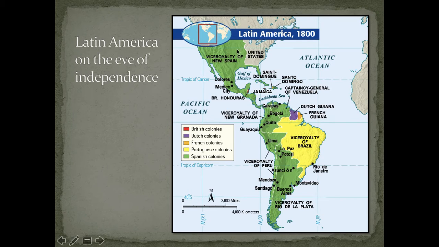And then by the later 1700s as well, two more viceroyalties were created: the viceroyalty of New Granada here in northern South America, and the viceroyalty of the Rio de la Plata in southern South America, what's today Argentina and Chile. You'll also remember that Portugal had the colony of Brazil established in South America. That was its only colony in South America, but of tremendous value to Portugal because of its production of sugarcane, especially. Sugarcane and gold, the sugarcane being the number one key export there.